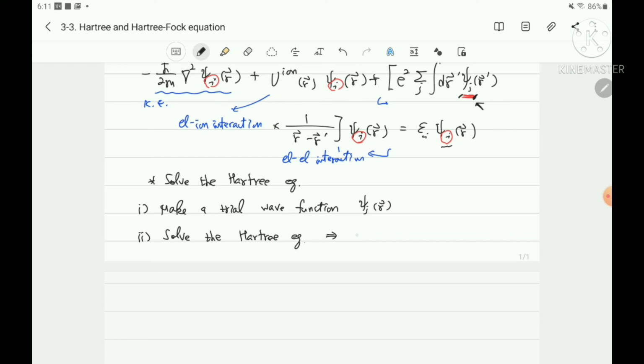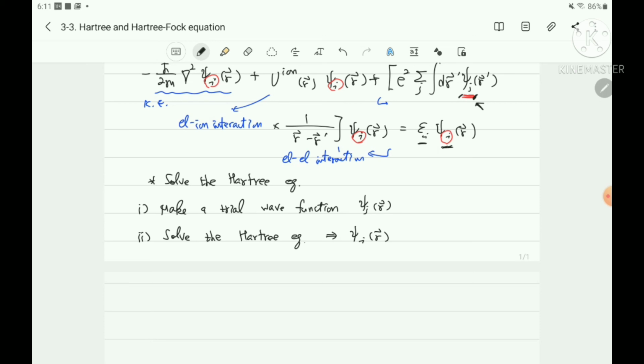The resulting wave function is psi I, because psi j is the parameter. We use psi j as a parameter, and from this equation we can solve the eigenstate psi I